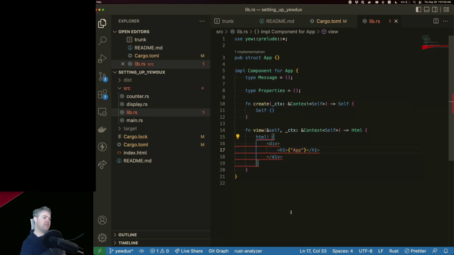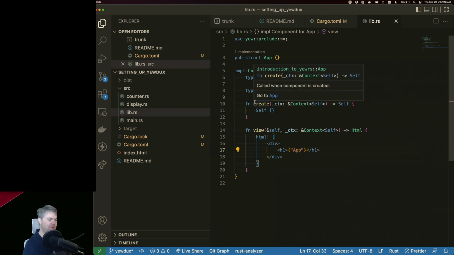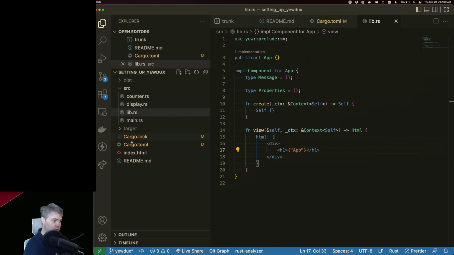Oh, that's weird. While it's still building, it gives me an error in the template. And then the error goes away. Well, that's not fun. I don't think I like that. Okay, so we've got you. Then next up, we